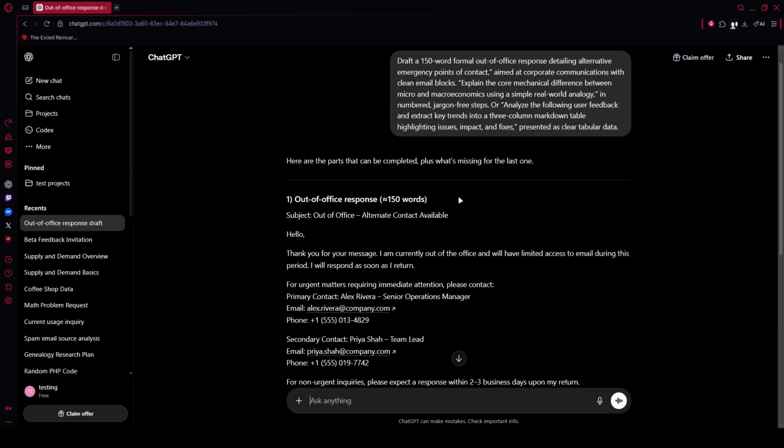Combine precise prompts, attached assets, iterative refinement, and strict source checks